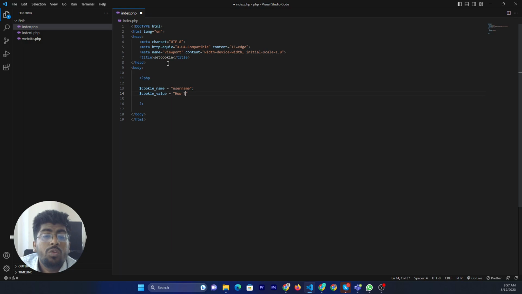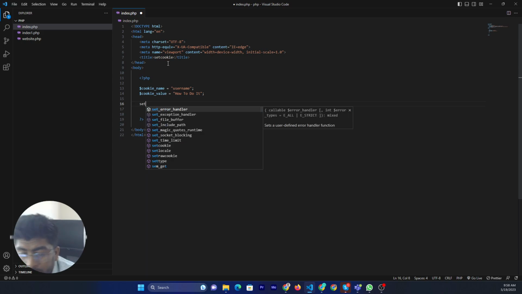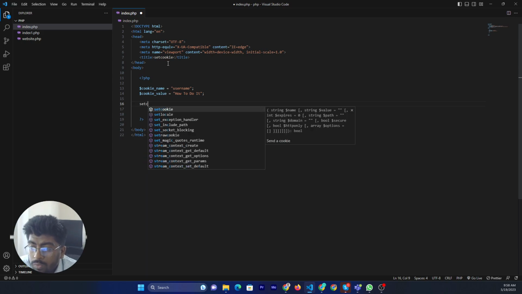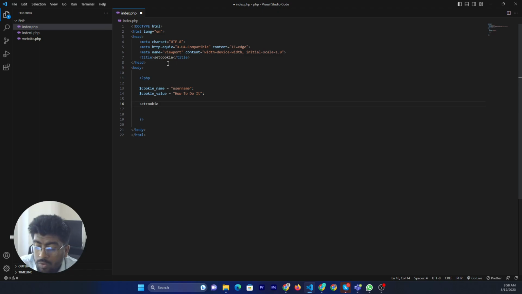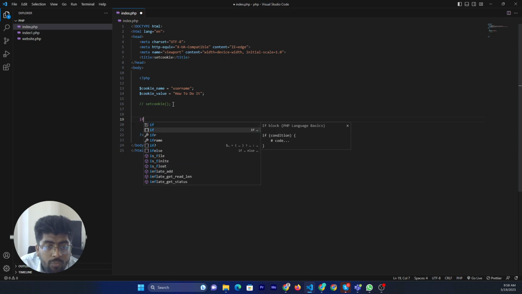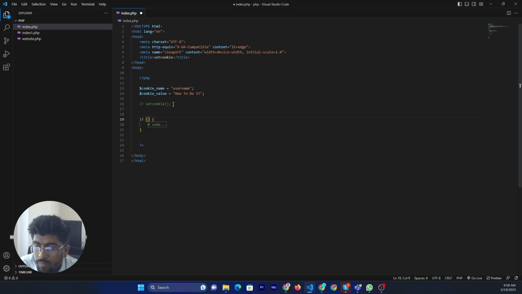how to do it is the cookie value, right? Now we can set here the cookie. Okay, now just comment just for test purpose. Now just checking if is set